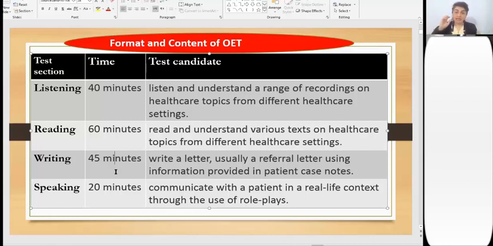But in a specific structure, an academic structure you should write in, okay? Well,